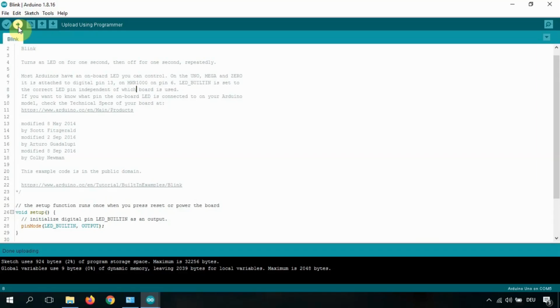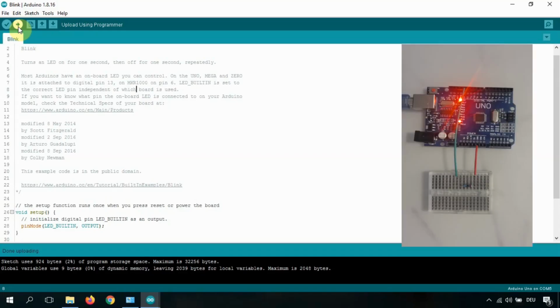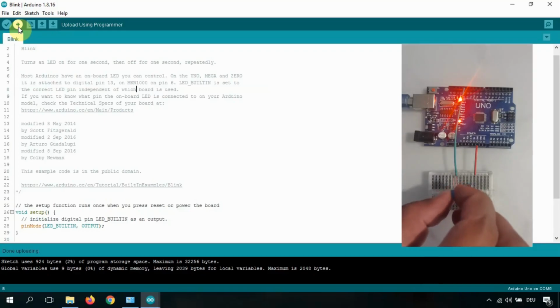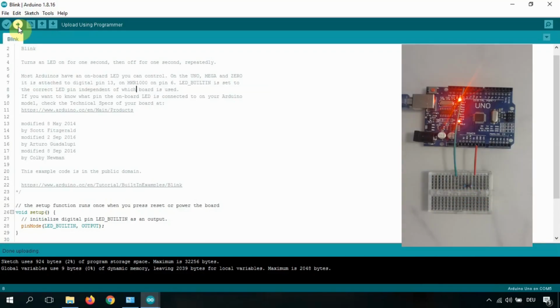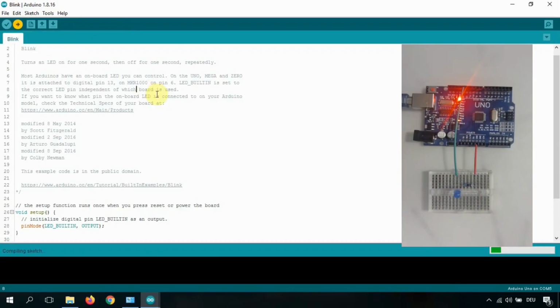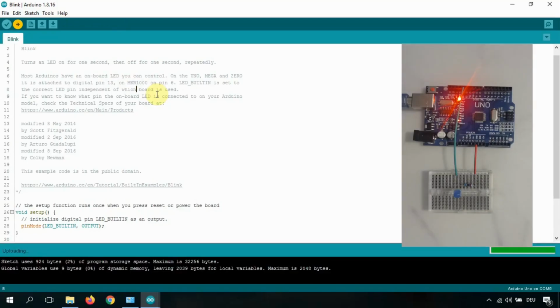Now I have to upload the software to the Arduino. Before that, I have prepared this setup where you can see that I've connected pin 13 to one side and ground to the other side. Now I just have to connect an LED so that we can really see the reaction on the Arduino. So I have started the uploading. It can take a bit of time, and when it's done you will see the difference. So now the LED is blinking with 1 Hz frequency.